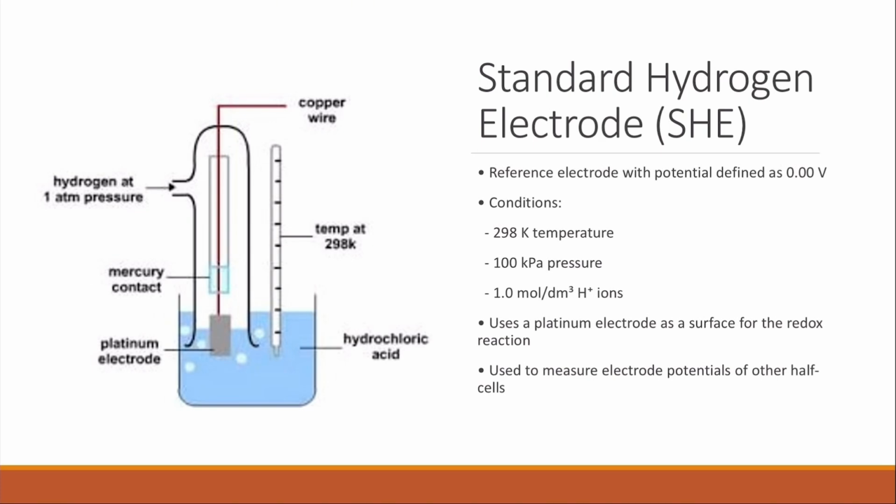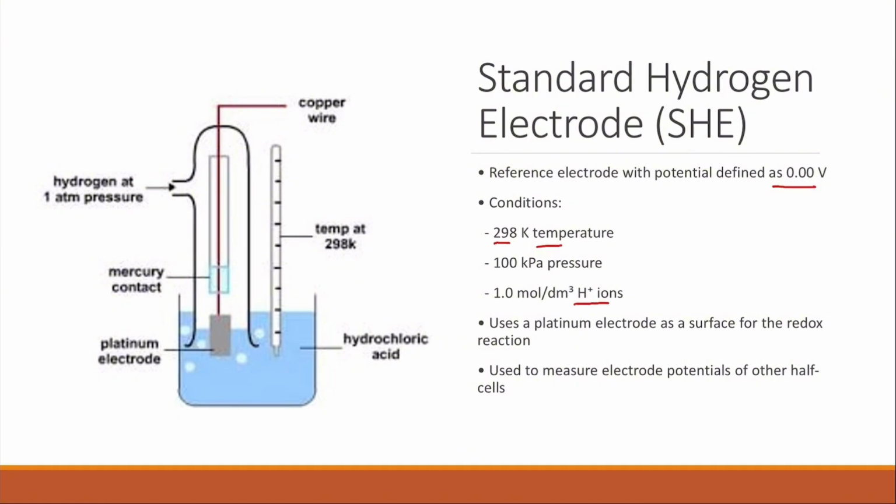So we have a reference electrode with a potential defined as zero. This is the standard hydrogen electrode. Because it's a standard, we have to have standard conditions, because different conditions can affect the standard potential that we calculate. So the conditions here are 298 Kelvin as temperature, 100 kilopascal pressure, and 1 mole per decimeter cubed for the